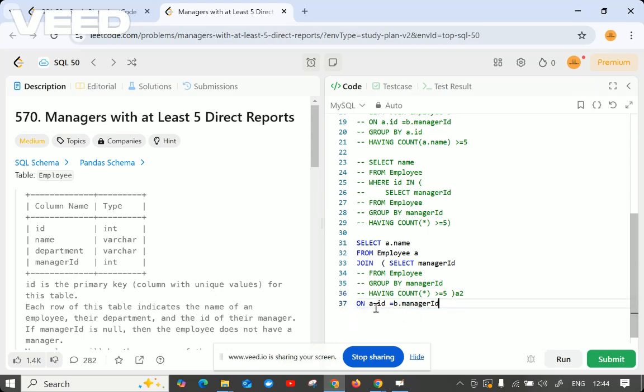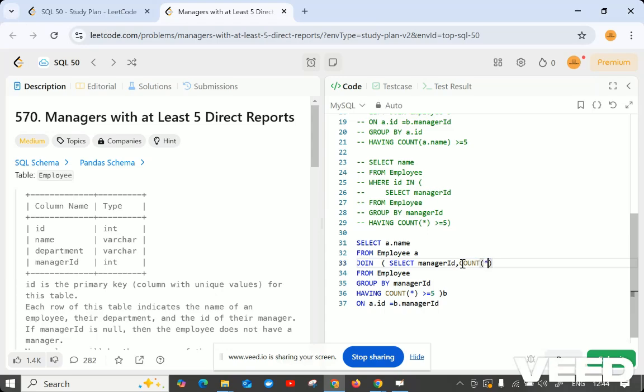On what condition? A dot ID is equal to B dot manager ID. So in this, what we are doing, we are taking the manager ID. Let me uncomment this part first of all. So we are taking manager ID, and what they want is count only,